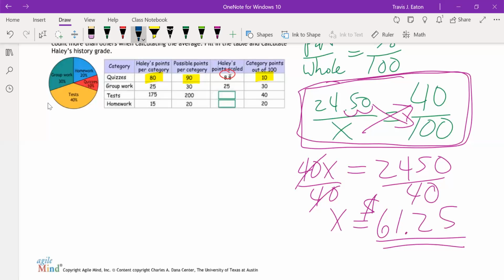Now, she got 80 out of 90. See if this is how they're going to be trying to set that up. And this was 10% out of 100%, right? So the category weighting is